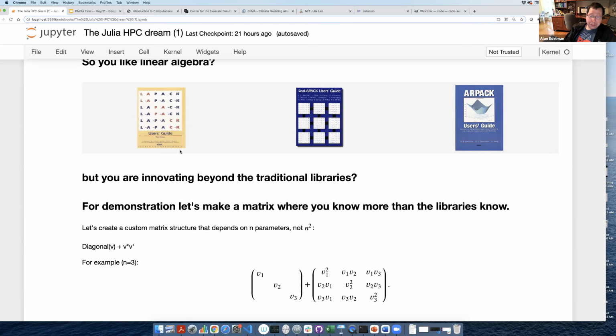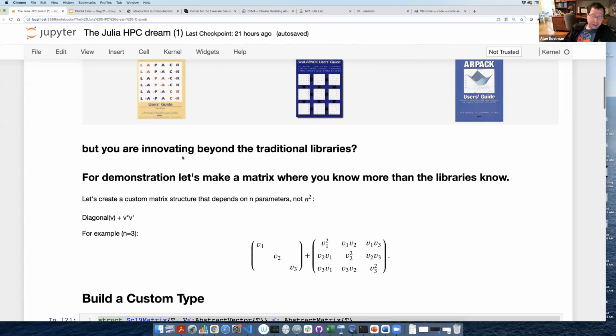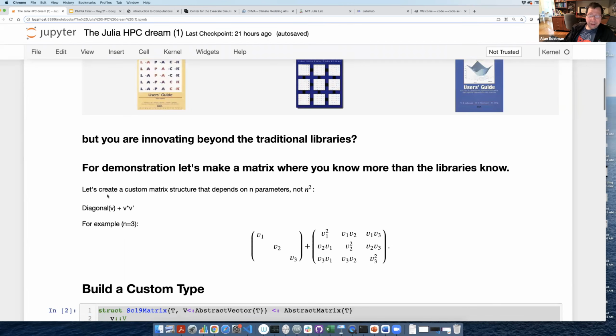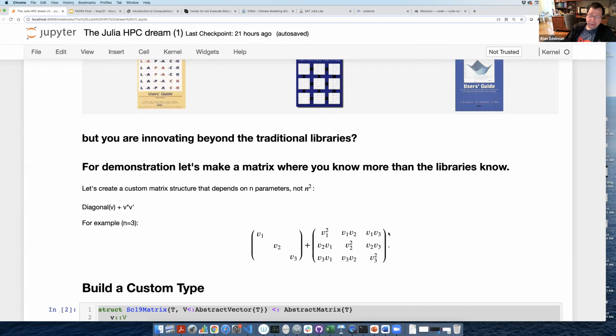Okay, but what happens if you have instead a matrix that's structured? I'm going to give an example of a diagonal matrix. Here's a picture of a 3x3 case. I have a diagonal matrix. So the three parameters are V1 and V2 and V3. And to that matrix, I add an outer product, which is just a multiplication table, right?